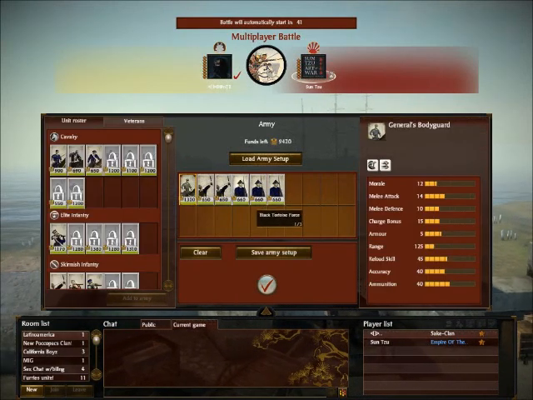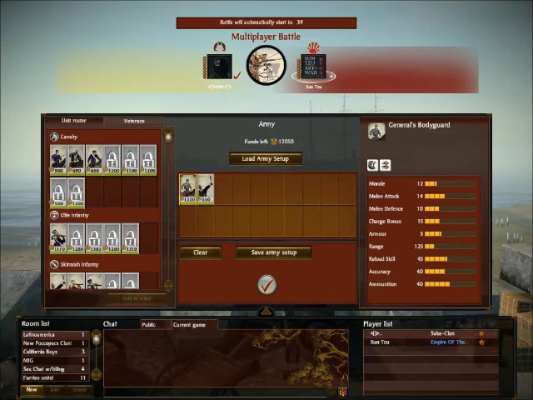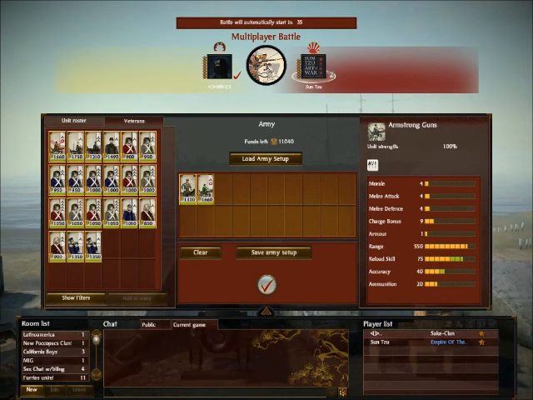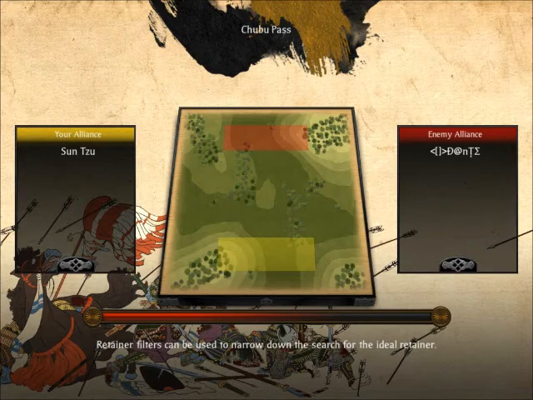Here we go. This will be an interesting battle. A Fall of the Samurai player will be fighting me. Let's see how good the Fall of the Samurai is versus an original Shogun 2 player. The map is Chubu Pass,